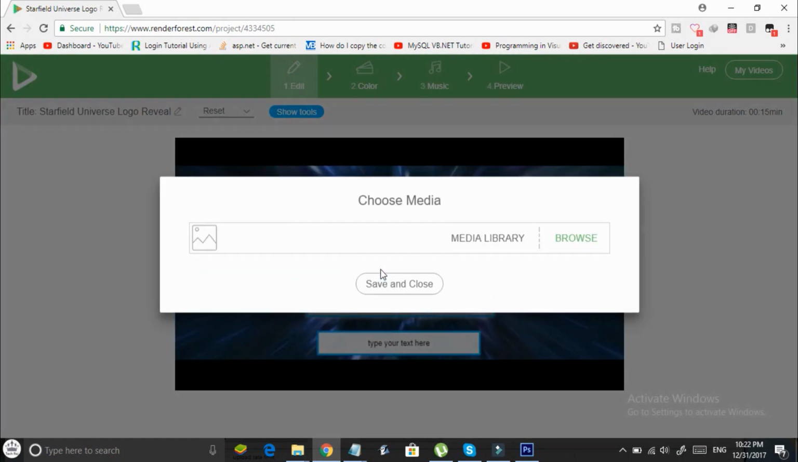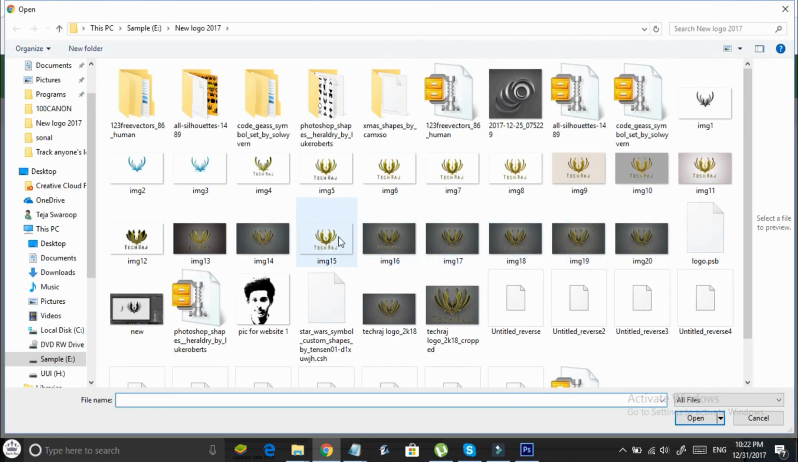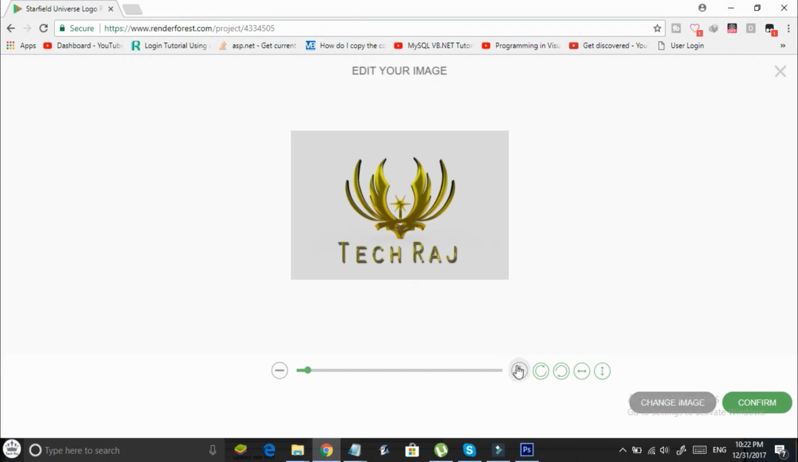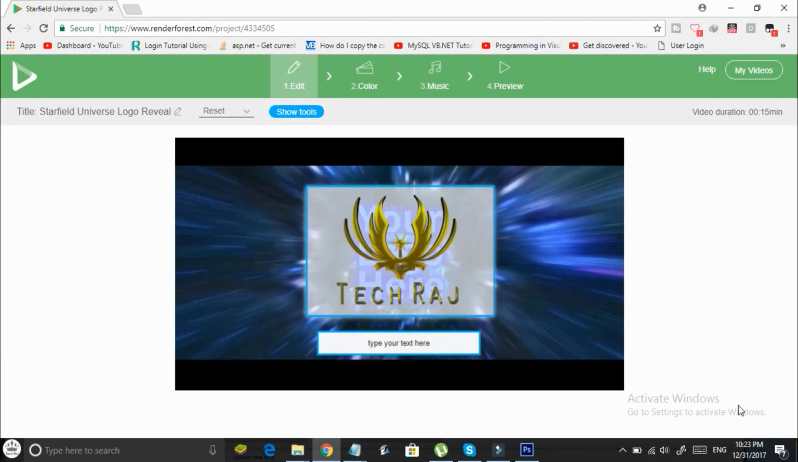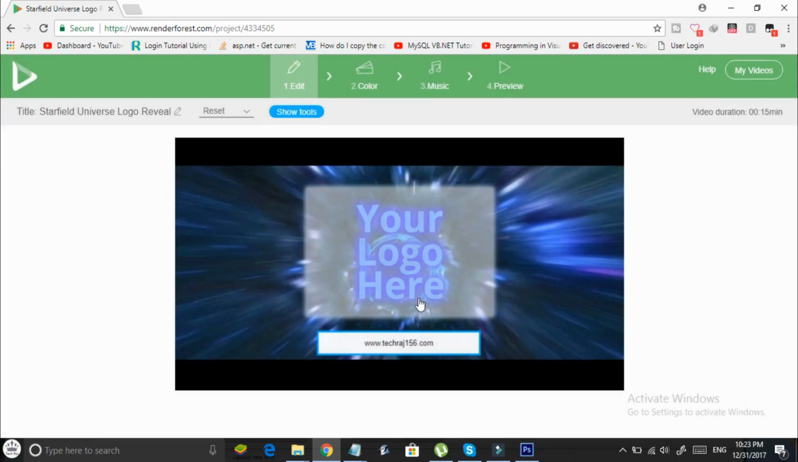You can click on this area over here to add a customized picture of yours into the video animation. Once you have added this, you can adjust your image like this. Once you're done adjusting it, just click on confirm, and then you can add any text you want in this text field over here. For example, I'll be entering my website here, and you can just click on save once